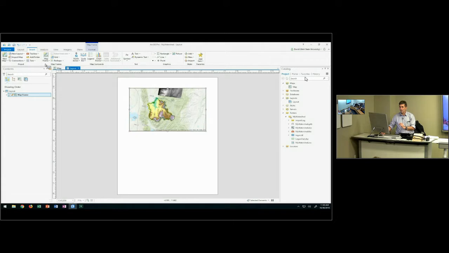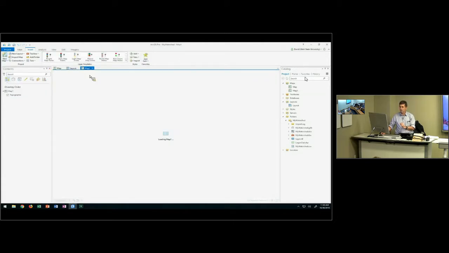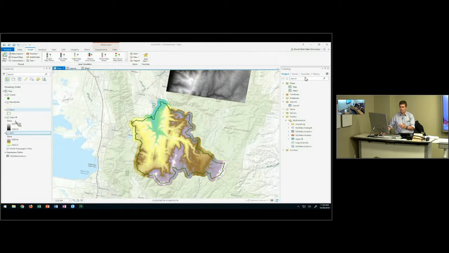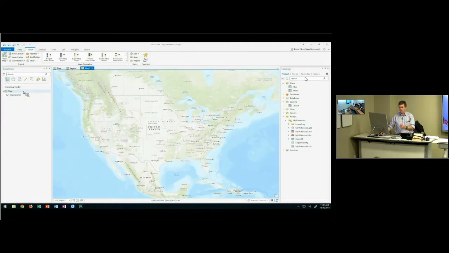I'm going to make a new map. So now you see across the top here, I've got map 1 and also my original map and the layout. Map 1, all it has is the base map in it. I can go to map 1 and, for example, just copy one of the layers, and then if I switch to map 1 and I click on the